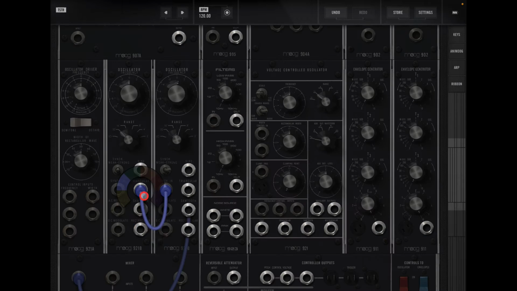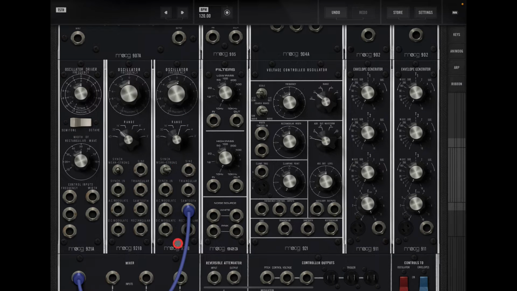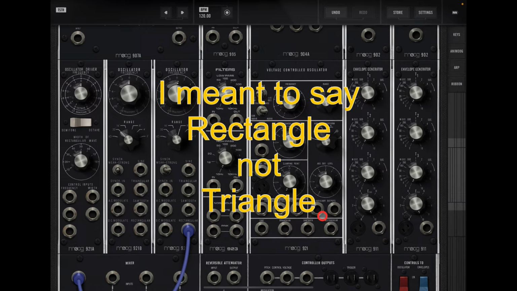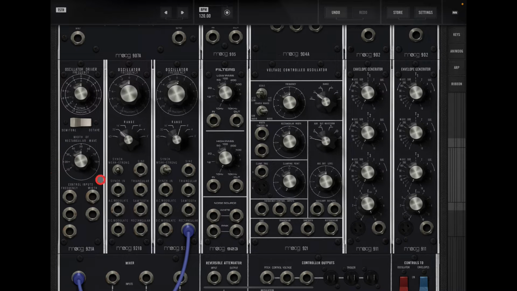Okay. So let's just disconnect that for a moment. So now we're just back to our sawtooth wave. Let's put this into triangle wave now, which if 50% is a square. This now controls the width of the triangle, so pulse width. Okay, and like I said, because all these three are connected together anyway, and they're all key tracked, by the way. This one isn't, but we'll get into that in a sec. These three are key tracked, so if I hit a different note on my MIDI keyboard,